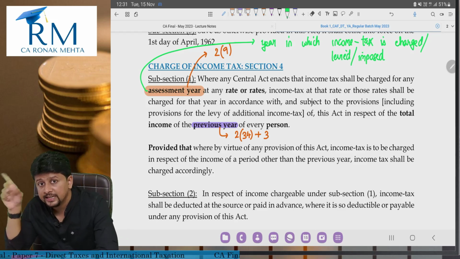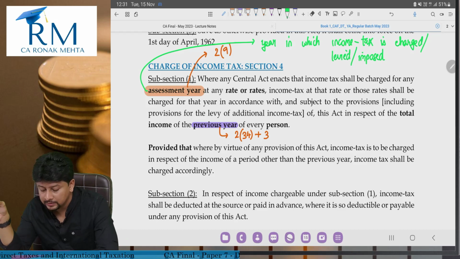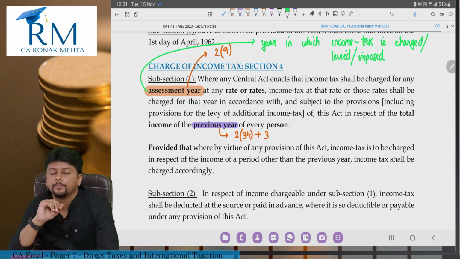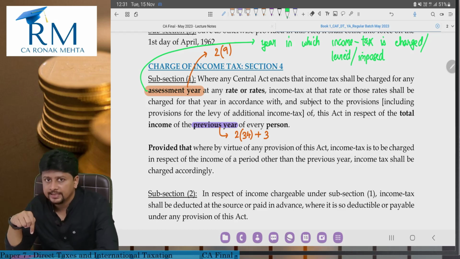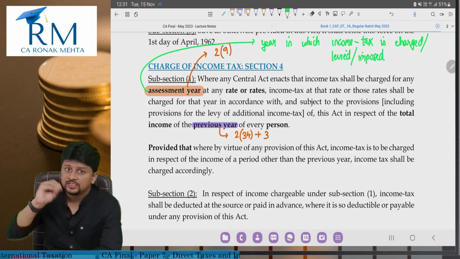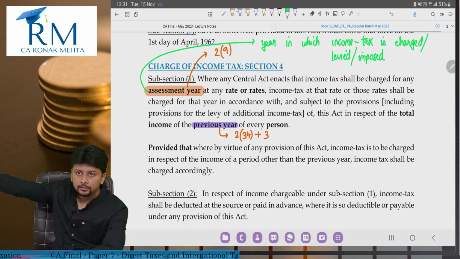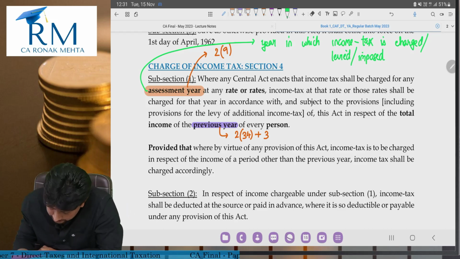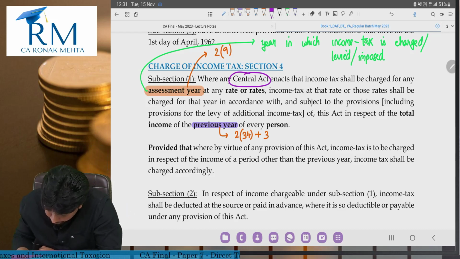Where any central act enacts. Central act means Income Tax Act is also a central act, but in section 4, if we are writing central act enacts something, we are obviously not referring to Income Tax Act. What we are referring to is